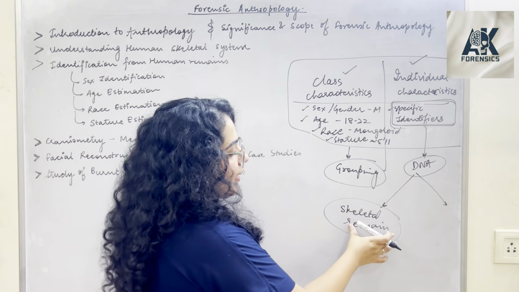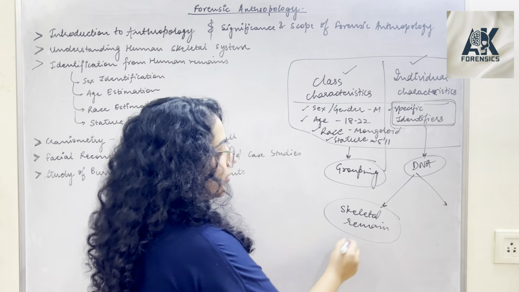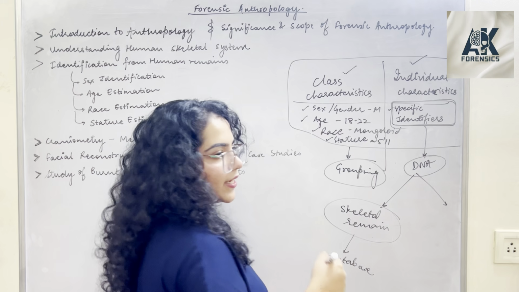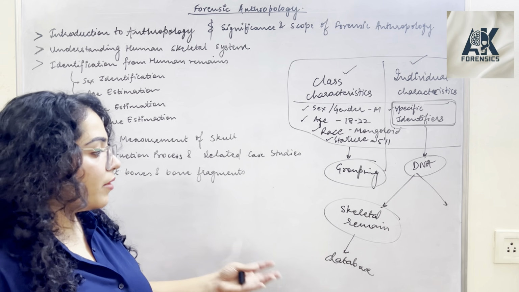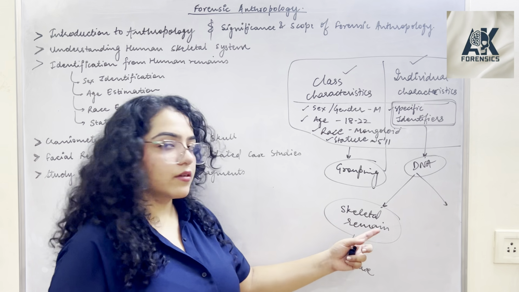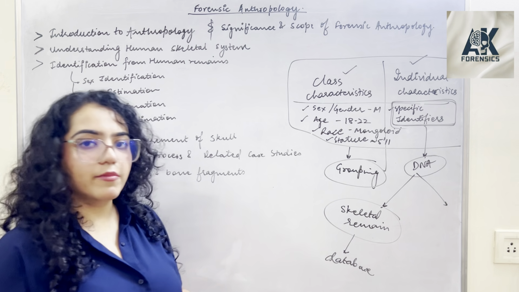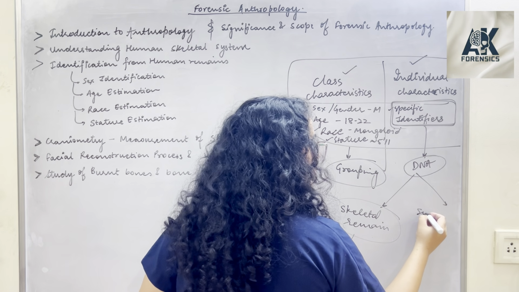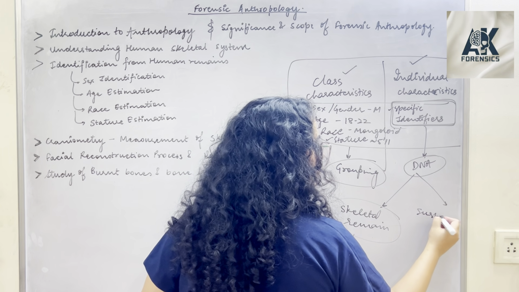If you have the DNA of the skeletal remain, you can run it through a database and check if there is any match or any hit or not, right? But if you do not have a database, or there is no match of this DNA of skeletal remain in the database, then what will you do? Then you must have some suspect family,